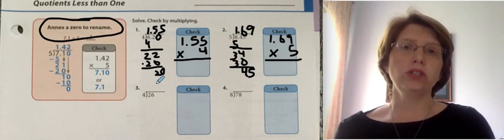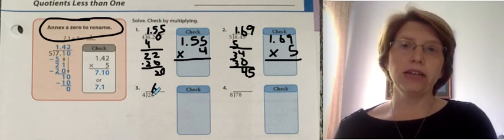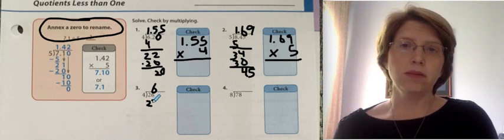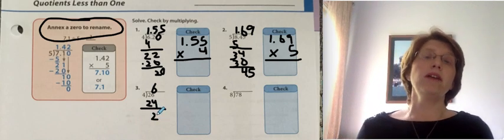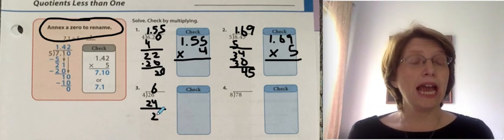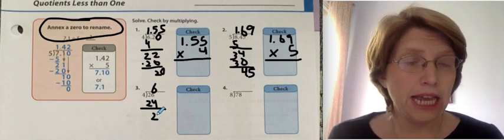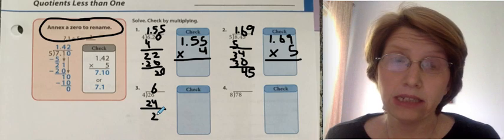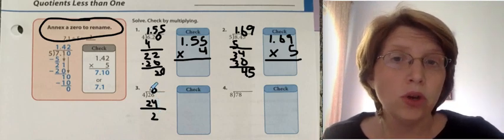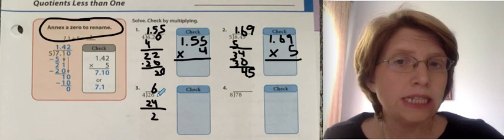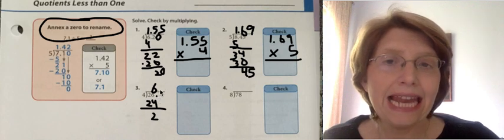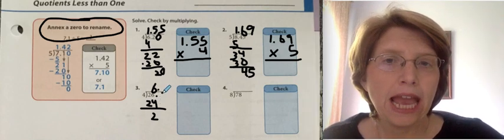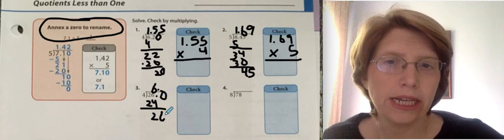So 4 goes into 26 6 times, but not evenly. It goes in 6 times, but I have a remainder of 2. Now here's the problem. This number doesn't have a decimal. So can I just add a 0 to it? The answer is no, not yet. What do I need to do? Remember, behind a whole number, there's always a decimal waiting to come up. So we can pull that decimal up, add it here,